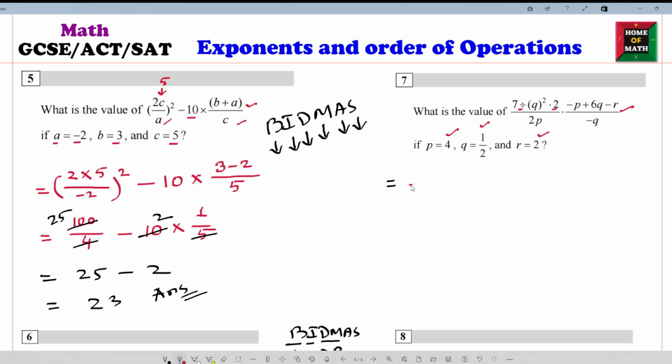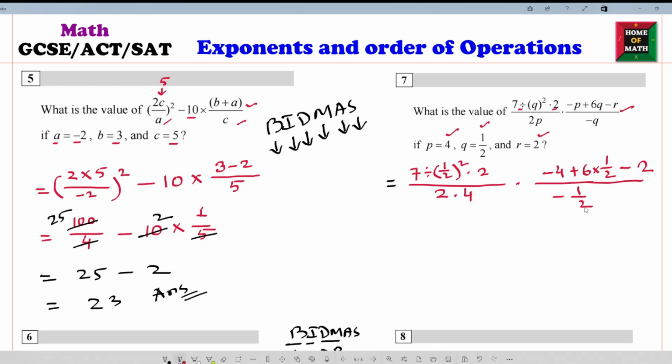So first we put the value in this expression. 7 divide q, which is 1 by 2, then square, times 2 divide 2 minus p, p is 4, so times minus 4, plus 6 times q, 1 by 2, minus r, which is 2, right? Then minus q